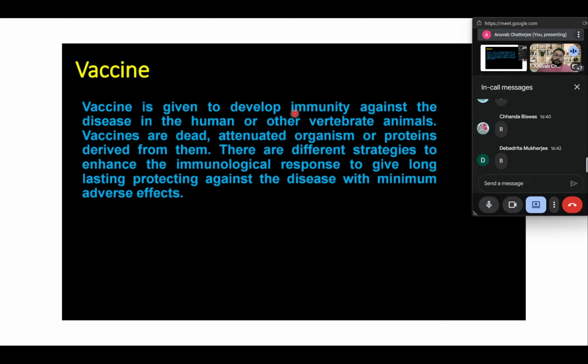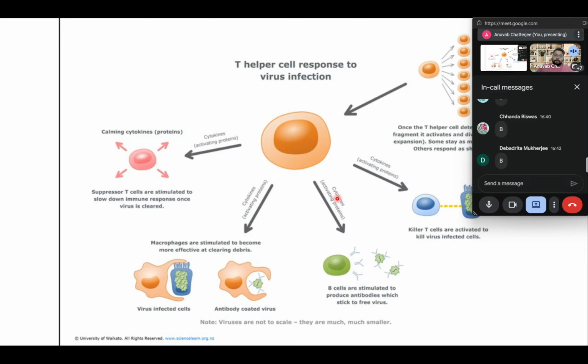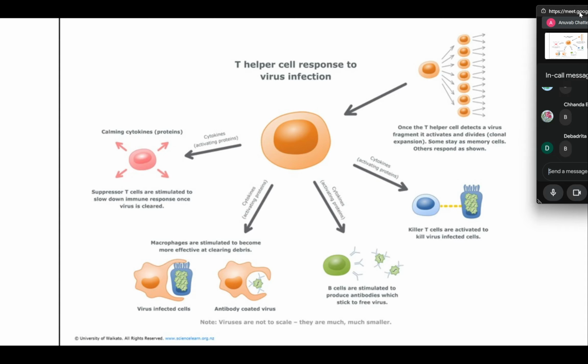So vaccine is given to develop immunity against disease in humans or vertebrate animals. Vaccines could be dead bacteria, attenuated bacteria or pathogens which cannot cause the infection, or proteins that are derived from these particular pathogens. There are different strategies to enhance immunological response to give long-lasting protection against disease with minimum adverse effects. So, a quick crash course on how exactly